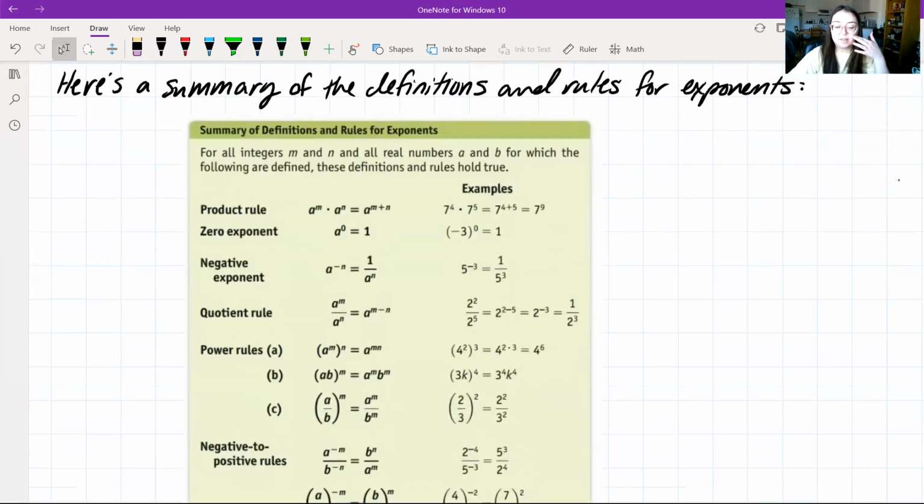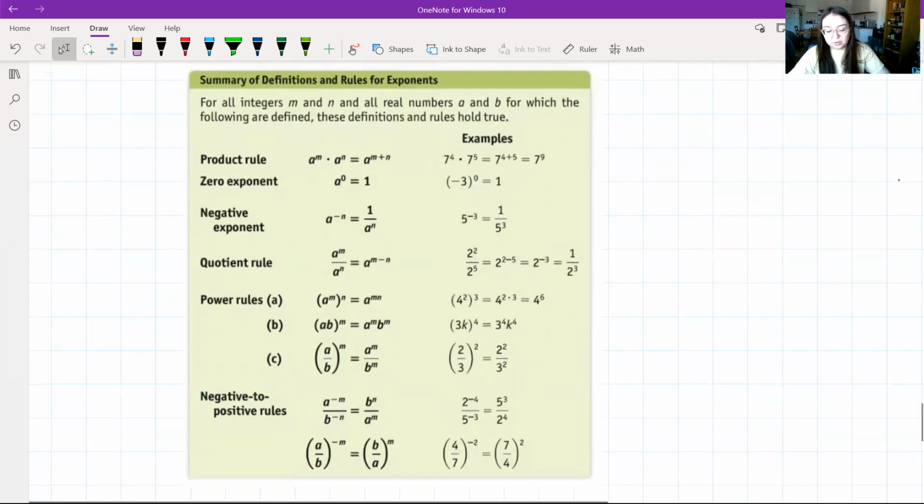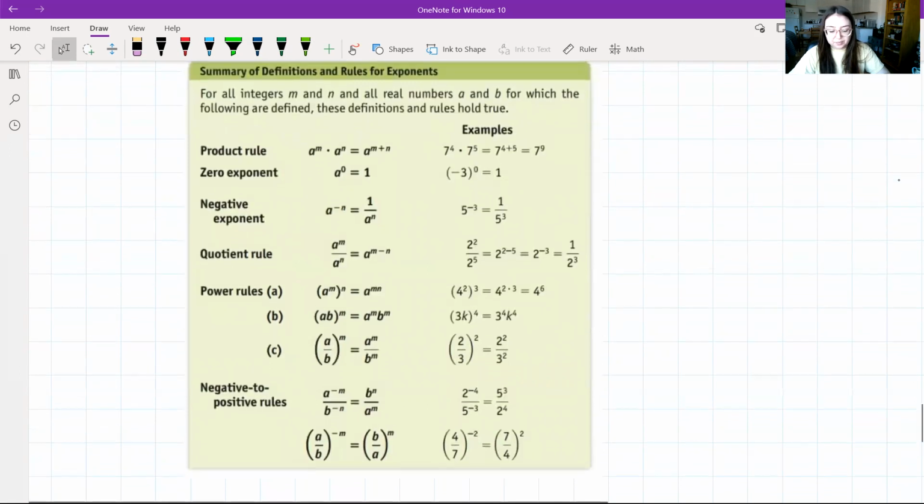So here's a summary of all the definitions and rules for exponents. For all integers m and n and all real numbers a and b for which the following are defined, these definitions and rules hold true. So we know our product rule already. Our zero exponent is just stating that if we have any number raised to the power of 0, our answer